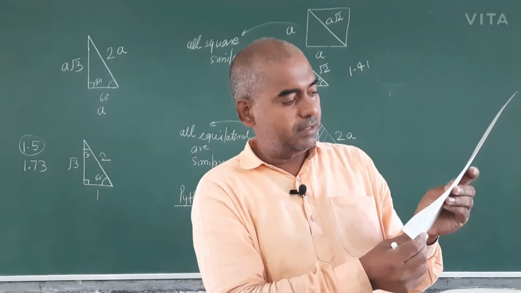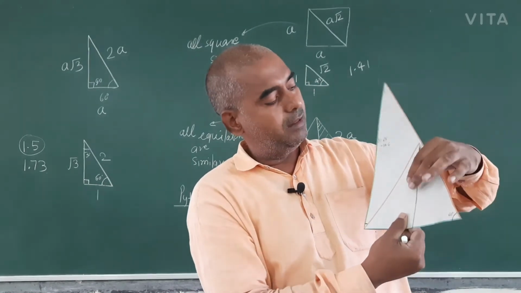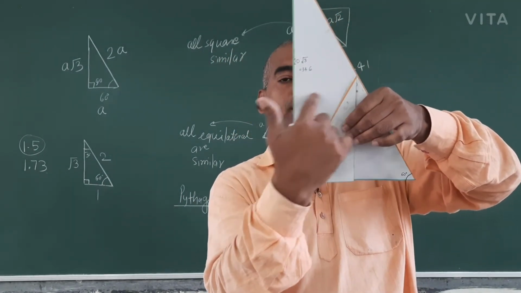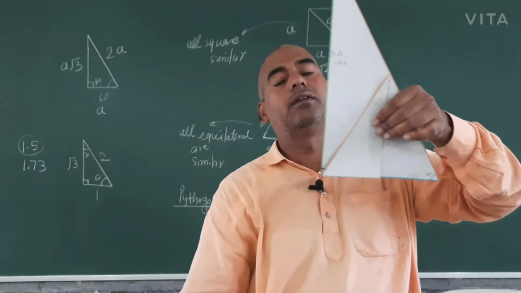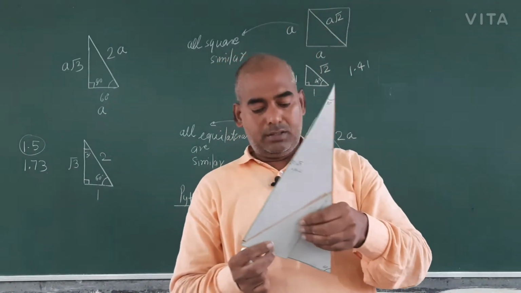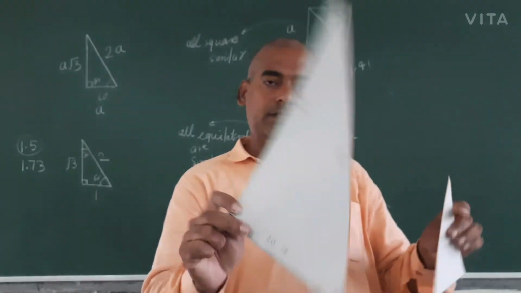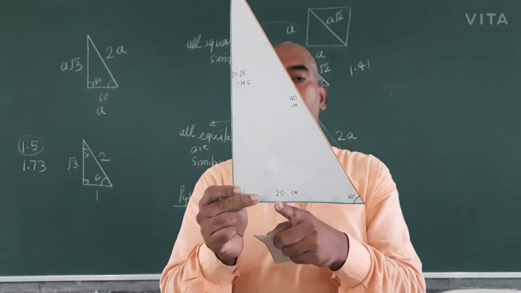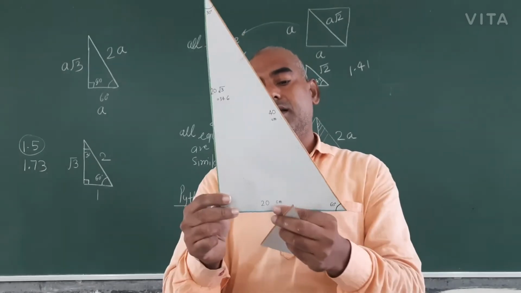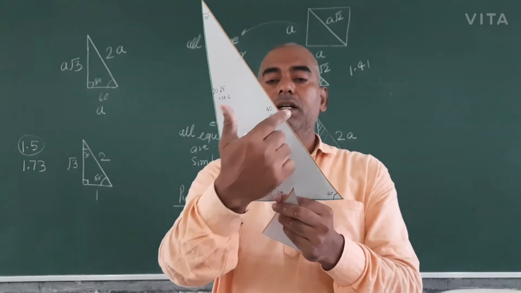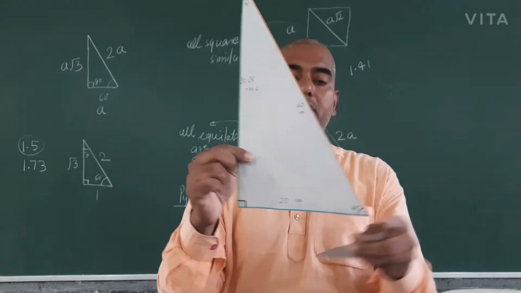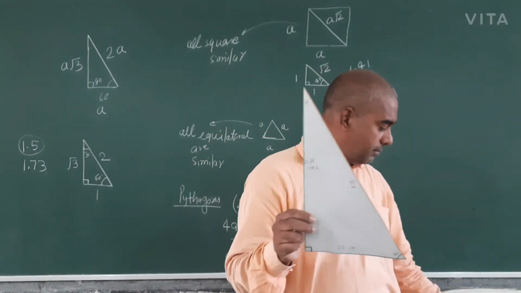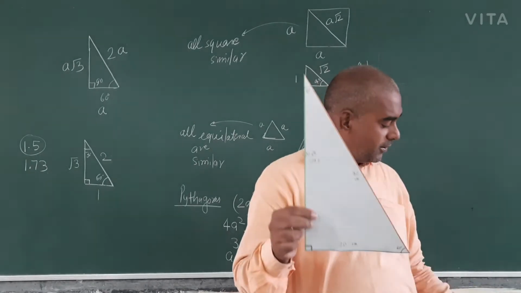In chapter number 6, when this is 1, this is 2, and when you draw here, this will be 3 and this is the 4. Okay, so this is 30 degree, if this is 20, the highest will be opposite to the 90 degree, that will be 40. I have measured it, okay.